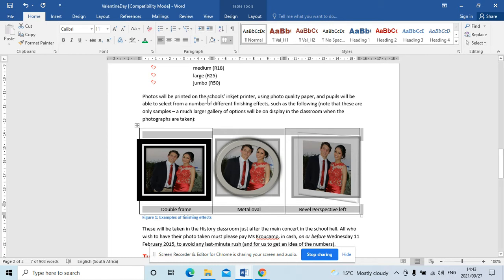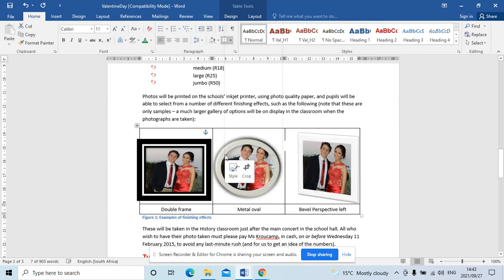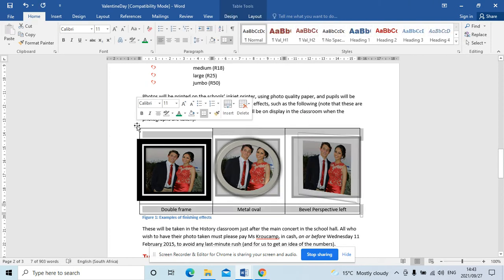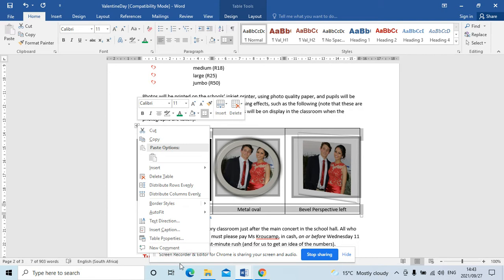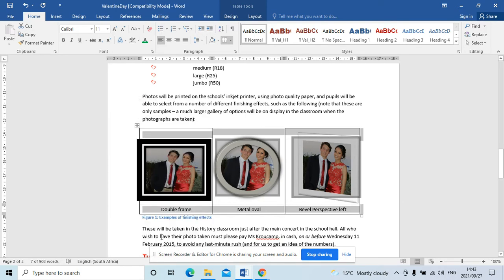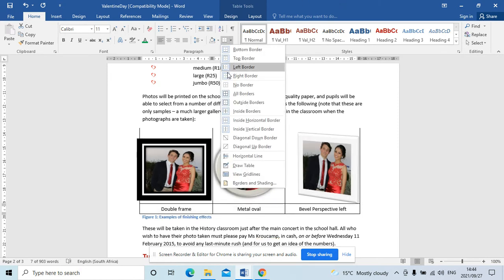Okay, I want that table to be converted. So I'm going to right click on it and say I want to literally take all of this that's written in the table, and I want to change it into text. So you want to basically take the text that's written in the table, and you want to change it into a normal text. Okay, so